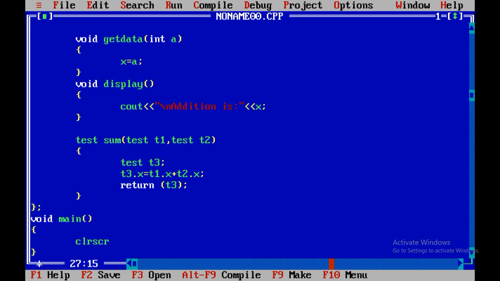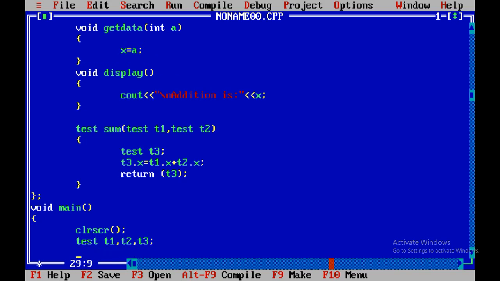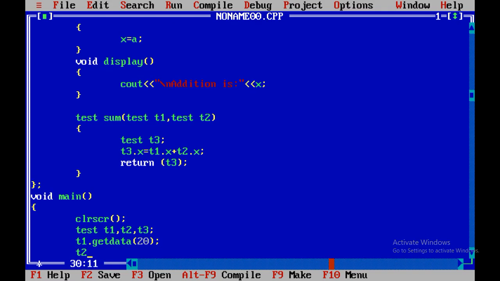Need to write two functions, getch and clrscr. Now create three objects of test class t1, t2 and t3. Now t1 dot getData, in that I am going to pass 20. t2 dot getData, going to pass 10.